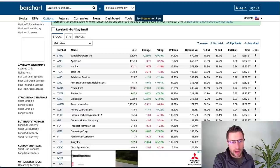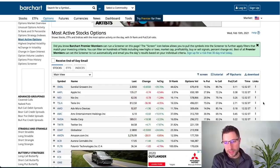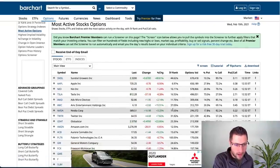But I also want to go over to Barchart, guys. If you don't use this, it's barchart.com. It shows the amount of volume, options volume that day. Sundial Growers, which is one of the moves that I was in today, is making a huge move up. I also want to highlight, guys,